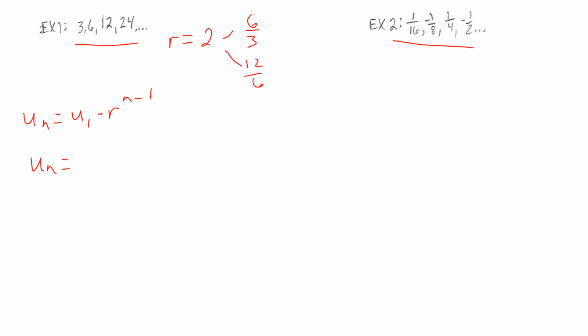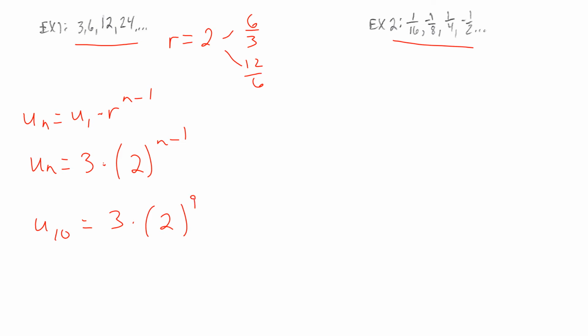Plug in what you know. I know the first term, and then I put the ratio in parentheses just so I don't make an error in my calculator. So now we can plug in any term and figure it out. So let's say we want to find the 10th term. So it would be 3 times 2 to the 9th,